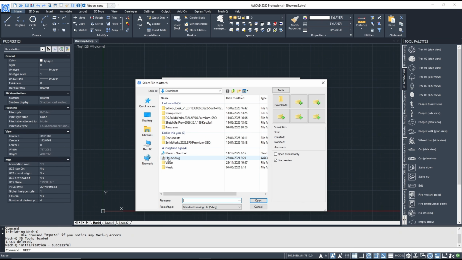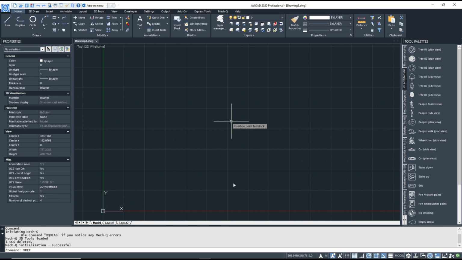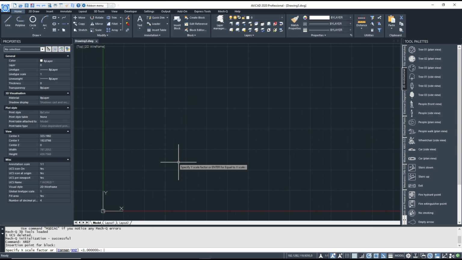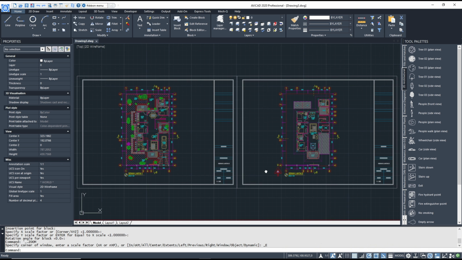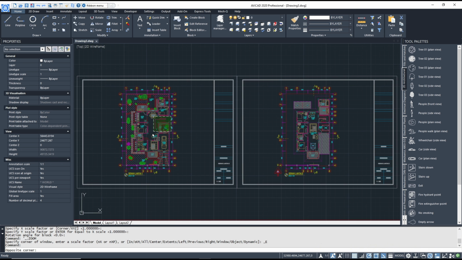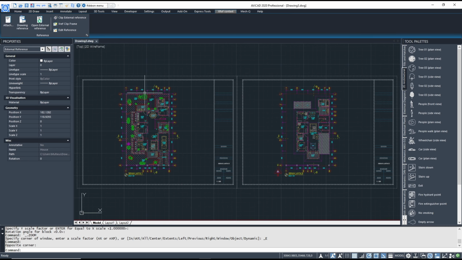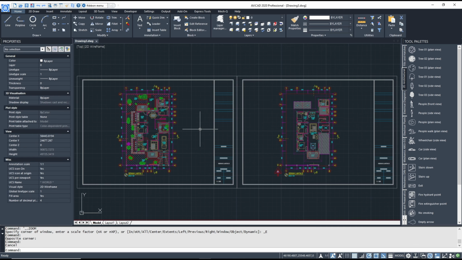So I will use this example DWG, click OK, and insert into your drawing area. Click OK again. Now we have this Xref object, an external reference. If you want to Xclip, you can type Xclip, press enter, and then select